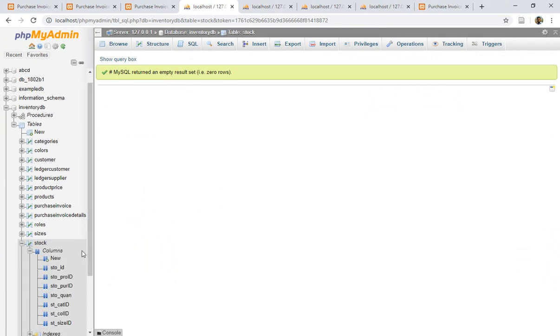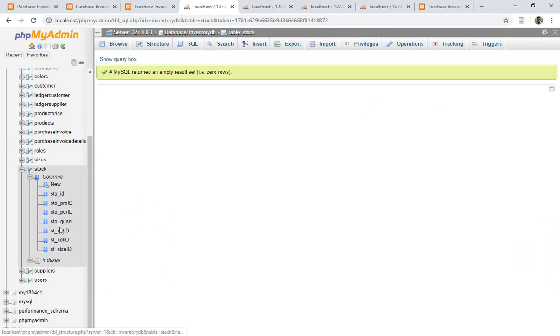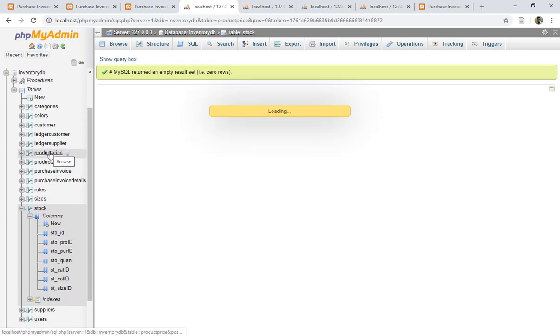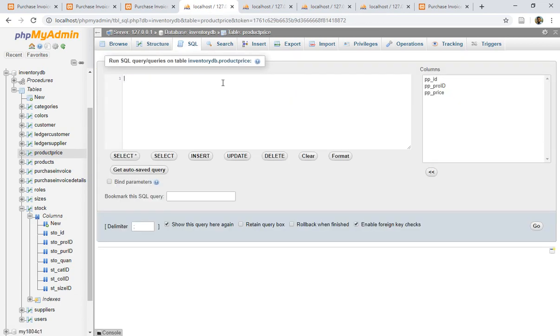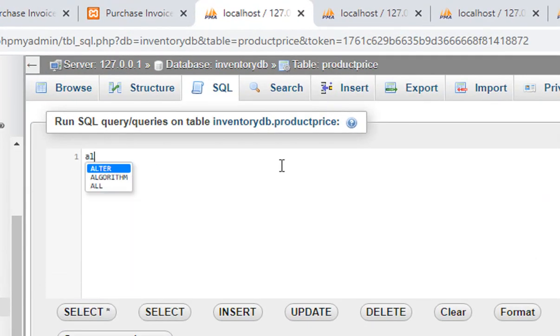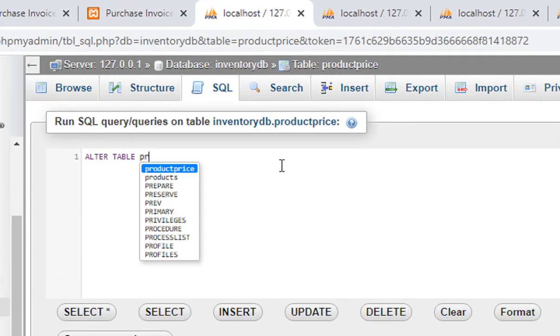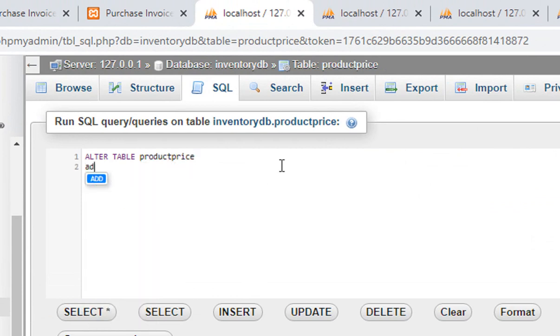Let's go to the columns. Now I have these columns, but I have to make these references foreign key columns. But let's first go to the product price and add these details there as well. So in SQL, what I have to do here, again alter table, and the name is product price, add